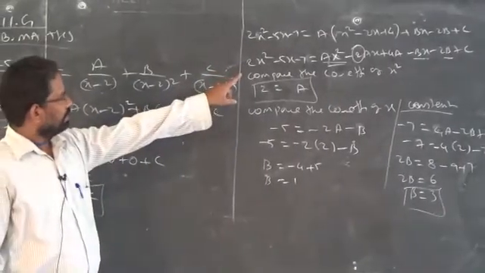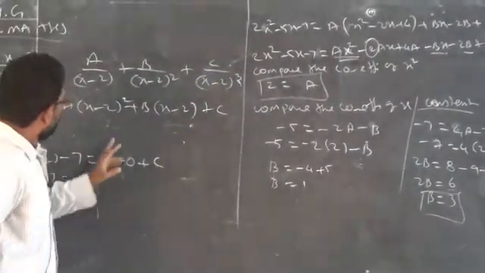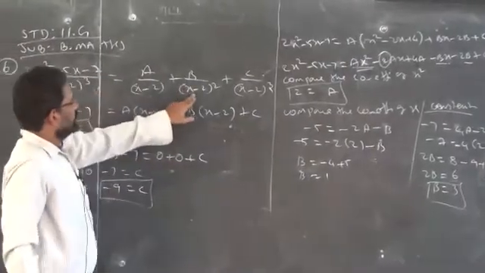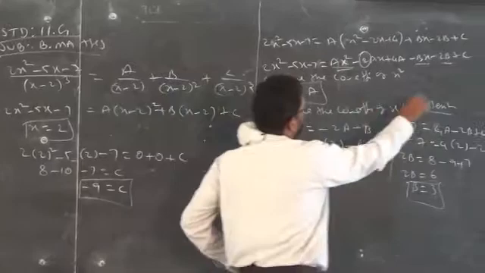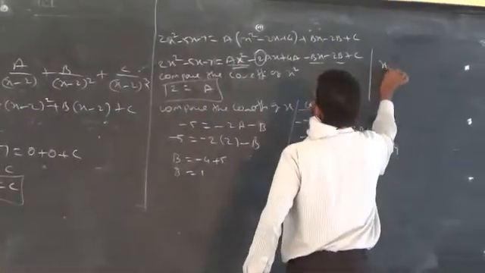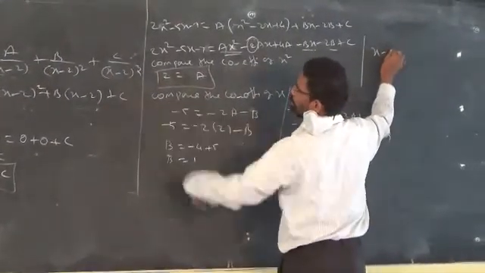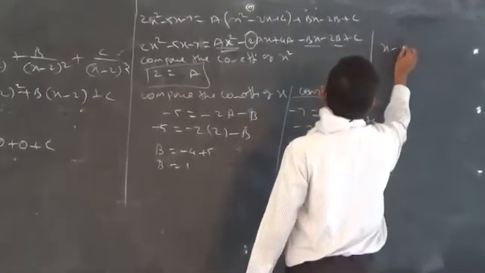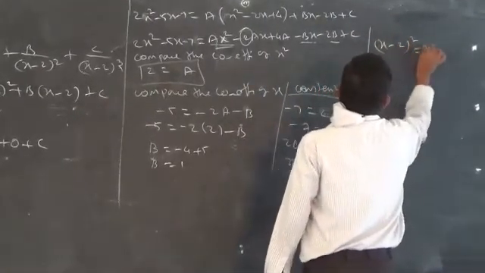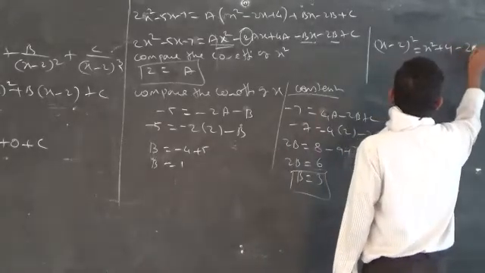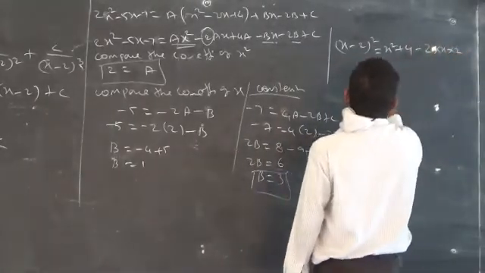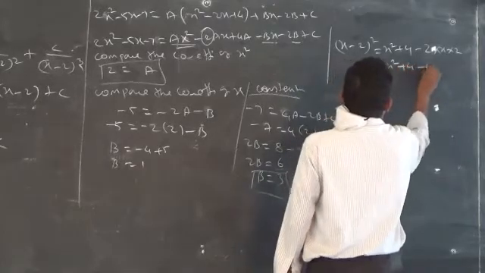A square, there is a formula, a square. Listen, here I write in the rough page, x minus 2 the whole square, a square plus b square minus 2 into a into b,